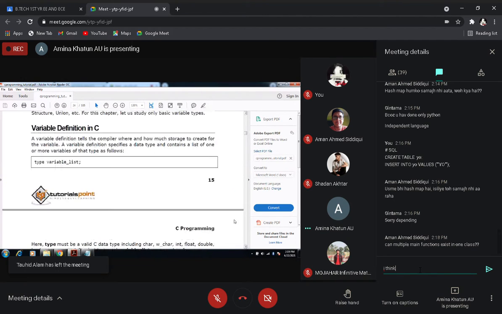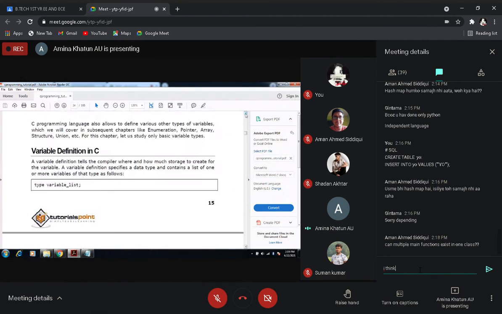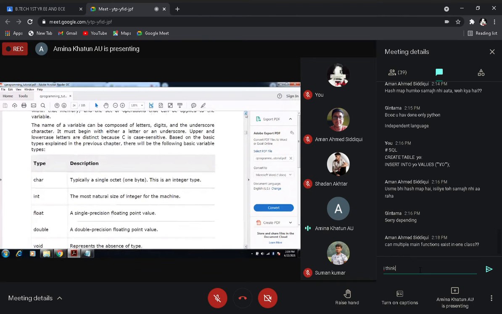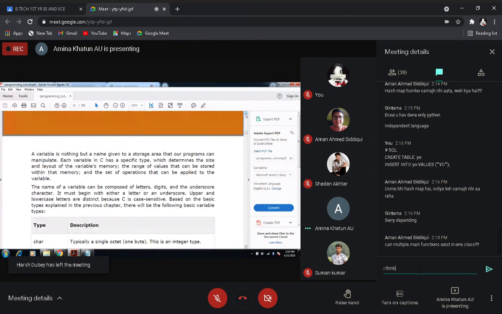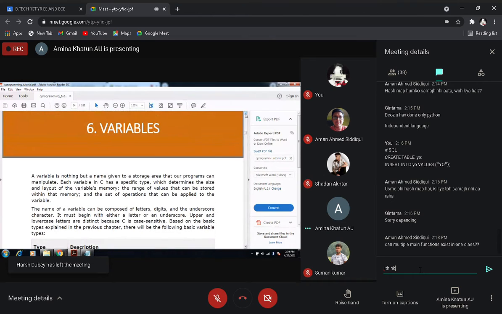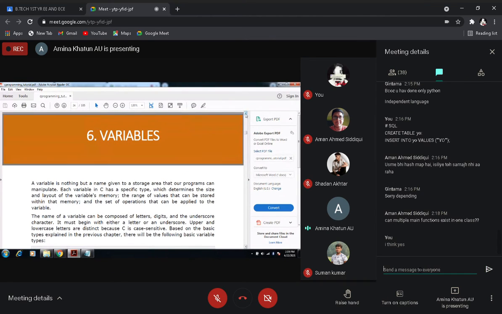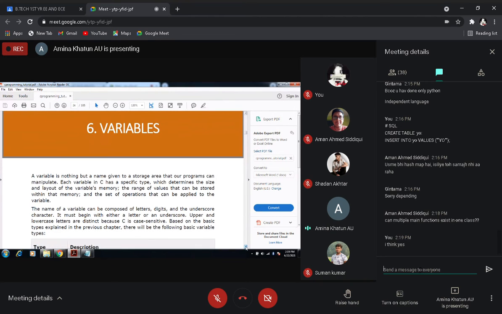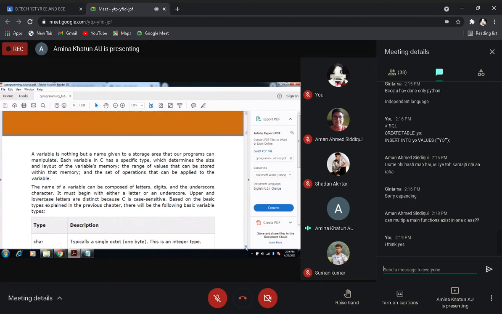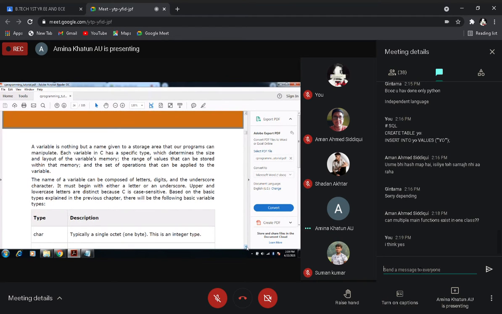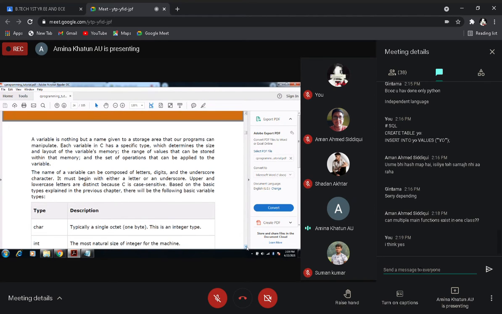Okay. So next is variables. A variable is used to store the value of data, and the value of that variable can change. Basically, a variable is nothing but the name given to a storage area that our programs can manipulate.